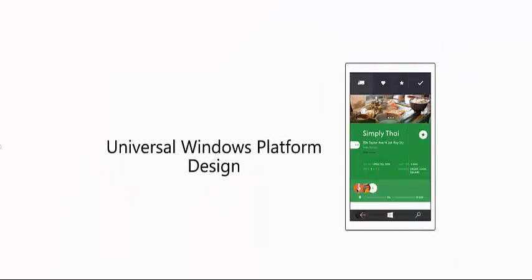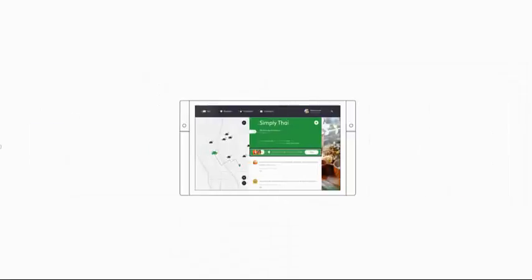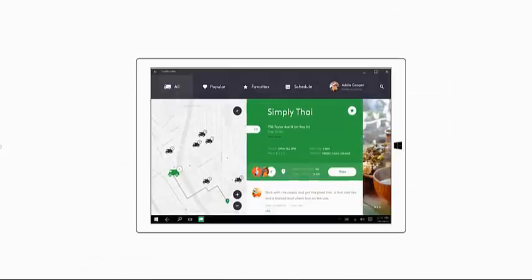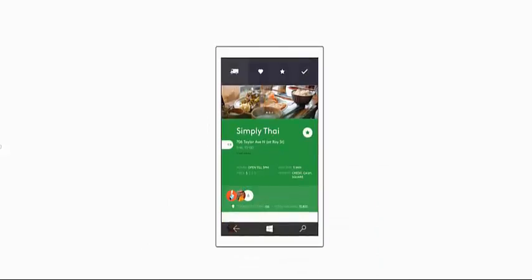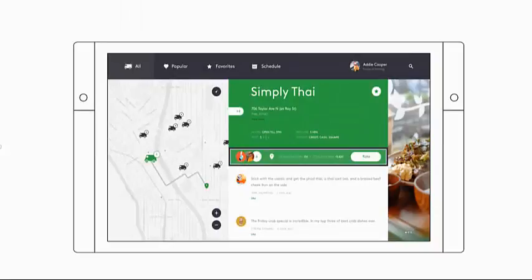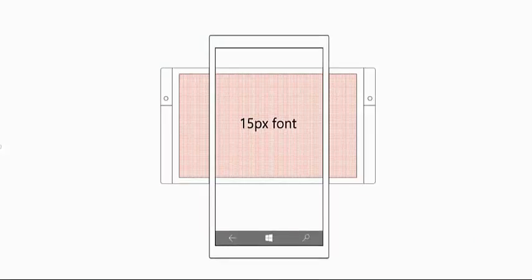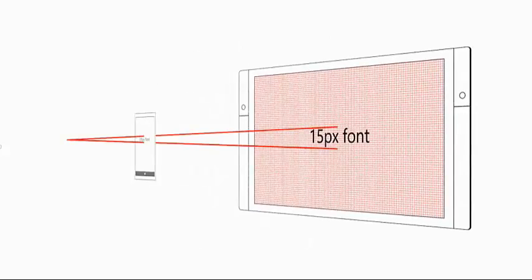The Universal Windows platform provides the building blocks you need to create elegant and adaptive Windows apps that look great on a wide variety of devices. First, UWP automatically adjusts the size of the controls, fonts, and other UI elements so that they are legible on all devices. UWP uses a new effective pixel system to achieve this. UI elements are automatically optimized for perceived size, so that a 15-pixel font on a Surface Hub 10 feet away is just as legible as a 15-pixel font on a smartphone in your hand. With this, you can ignore details like pixel density and screen resolution, and focus on how you want the app